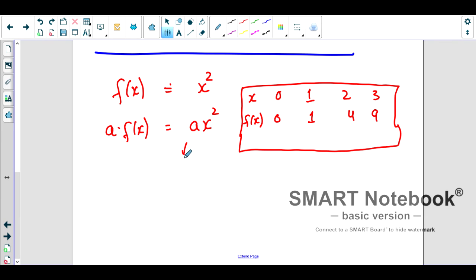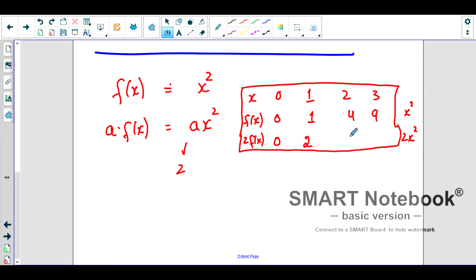Let's say a, let's take it as 2. So it will be what? 2 into f of x, right? If I input the same 0, it will be what? Before it was 1, now we multiply it by 2, so it becomes 2, right? Before, this is the graph of x square, sorry, the points